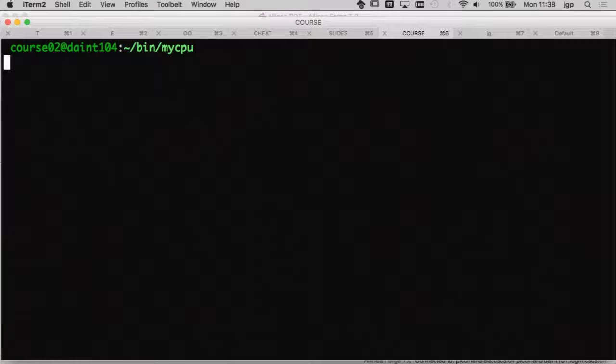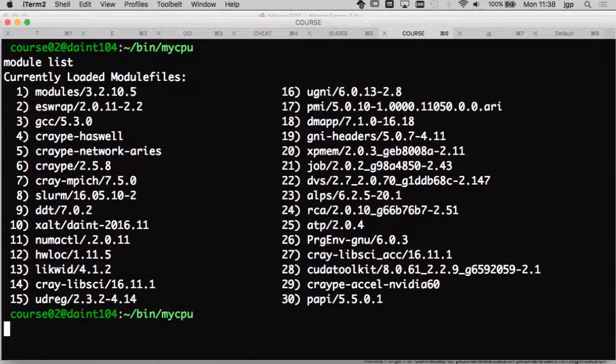So before I start, does anyone not know what the module command is? It's explained on the sheet, but basically it's a tool that will take care of switching from one programming environment to the other.